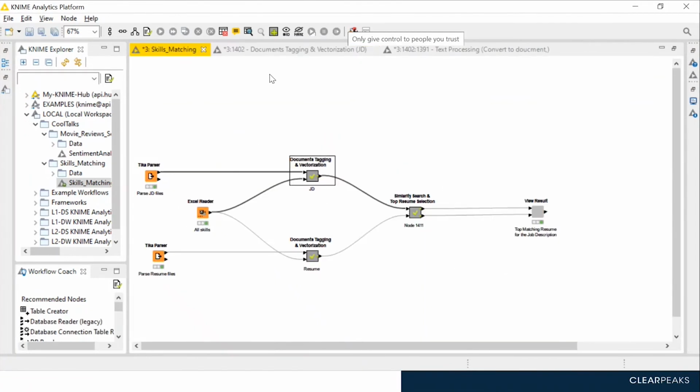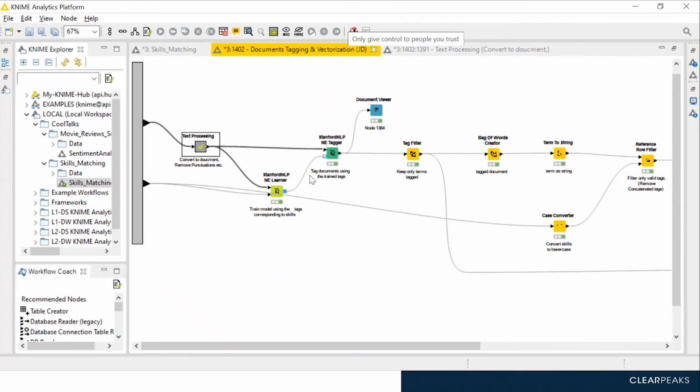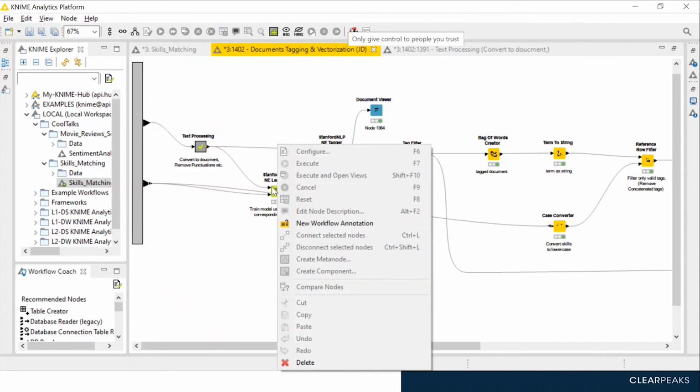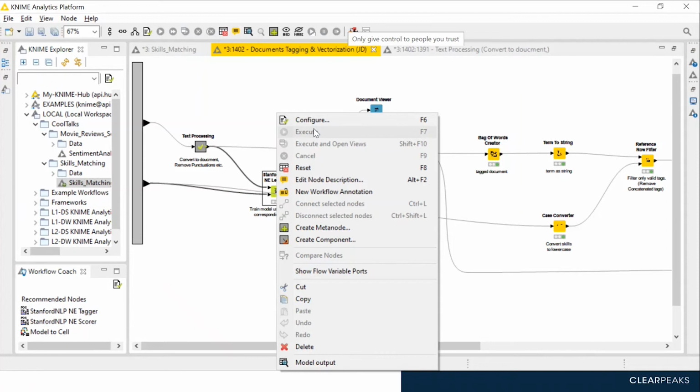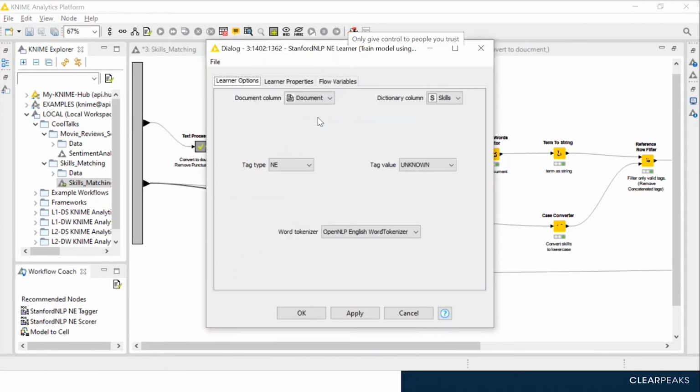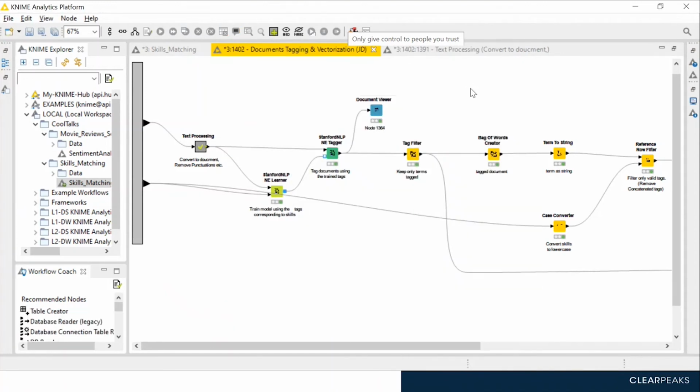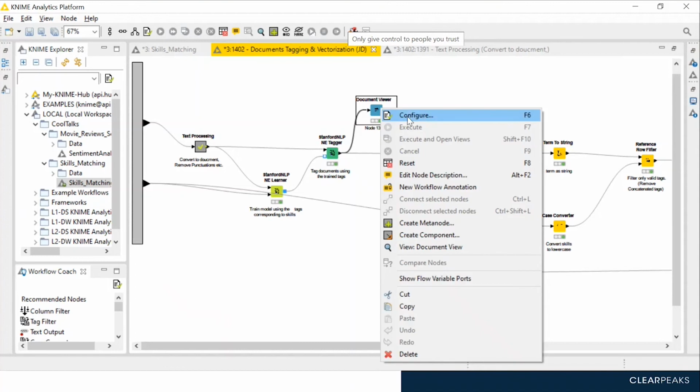So the treatment that we're going to do for these job descriptions and resumes is going to be the same. We will need to do some text processing, like removing punctuation and more things. But the most important part is the use of the Stanford NLP NE learner, because here we are going to be able to use a tag and a tag value for the skills that we're going to try to find. If we apply this on the job description that we have,